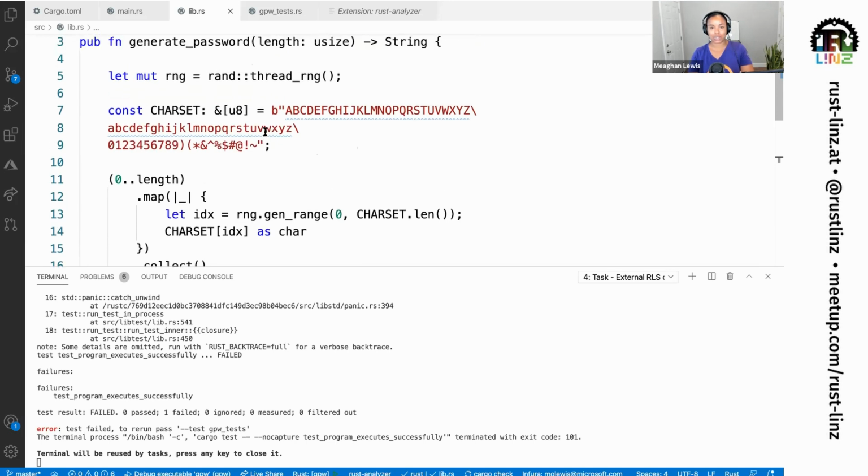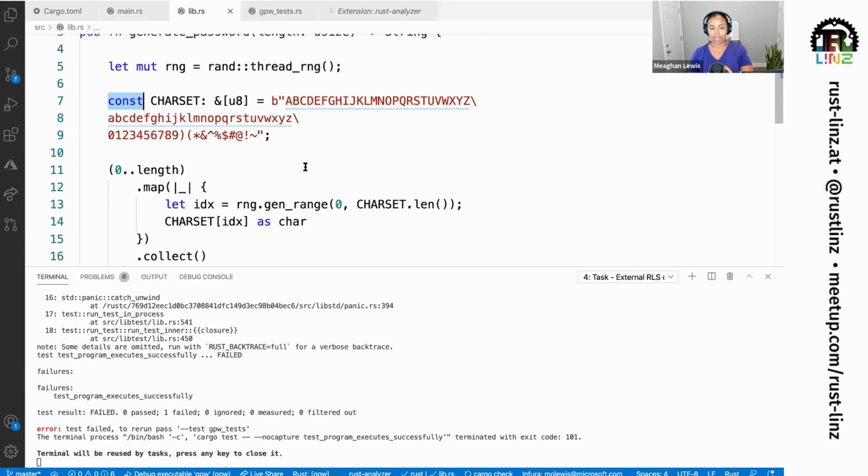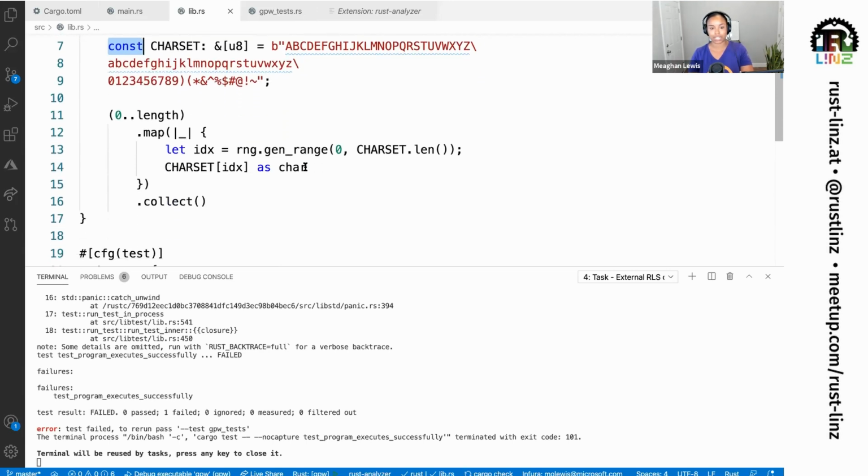I think we could have tried out using something different, honestly. I also had to define this as an unsigned 8-bit type because that is basically what this const is going to expect with the value that I'm providing, which is this byte string literal in this way. So that's at least why I'm using the type. Yeah, I could have chosen to do something differently. It just seemed like a reasonable choice at the time, being able to, again, iterate over each one of these characters. And then this collect is specifically returning a collection of strings based on characters.